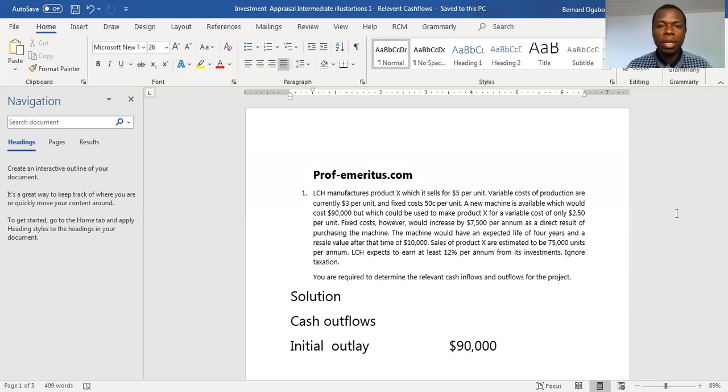We talked about the accounting rate of return, payback period, NPV, IRR. We talked about relevant cash flows, but it was a theoretical explanation about what relevant cash flow should be. We said that for a cash flow to be relevant, whether it is going in or out, the cash flow should be